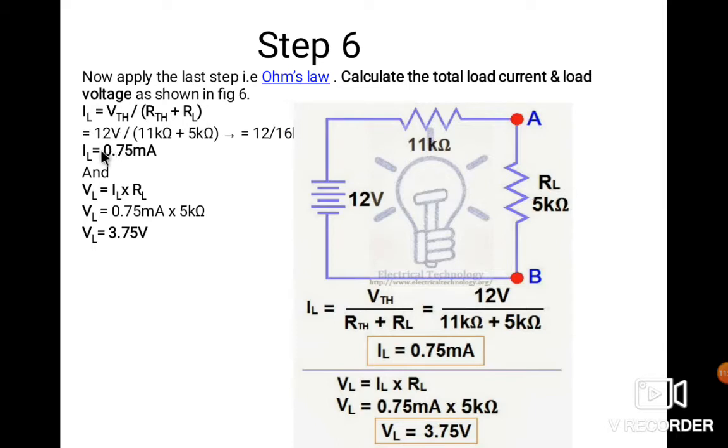Once we solve this, IL is equal to 0.7 milliampere, and the load voltage VL is equal to IL into RL, means whatever voltage drop occurs on this resistance. So this is the simple way, the procedure, by which we calculate the